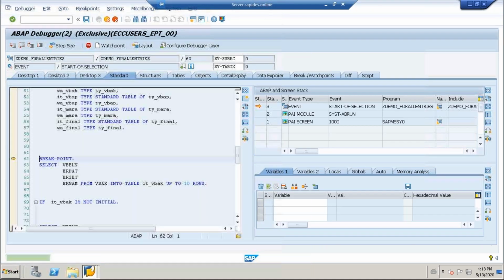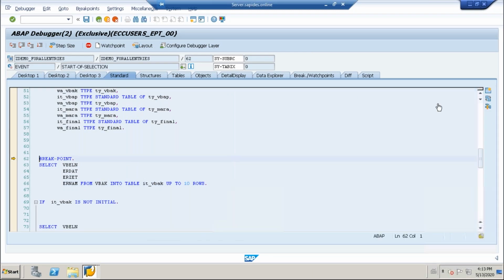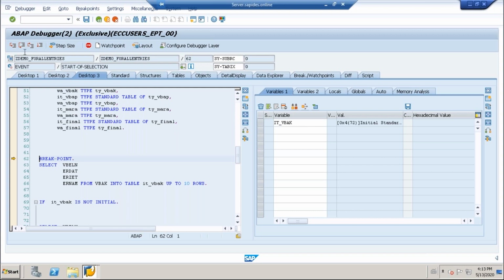So here I'm going in debug mode. Now this is the IT VBAK package. How many records will you fetch in this IT VBAK package? 10 records, because I have written 10 rows first. Okay. Then next one is